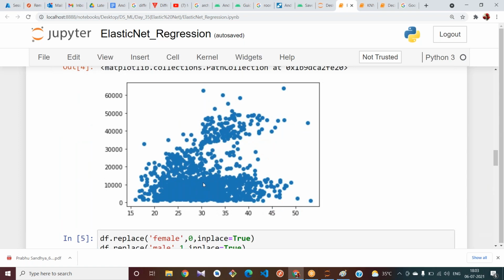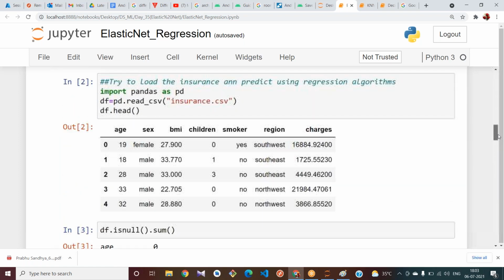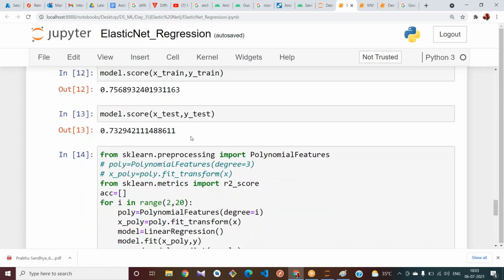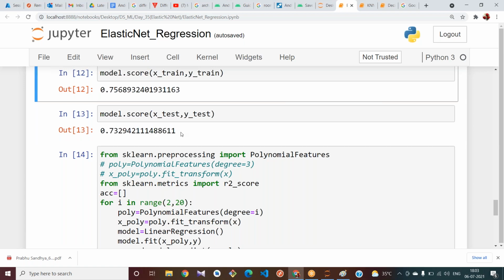We used polynomial regression, and for polynomial regression, what is the accuracy we got here? We got an accuracy of 75 for training and 73 for testing.